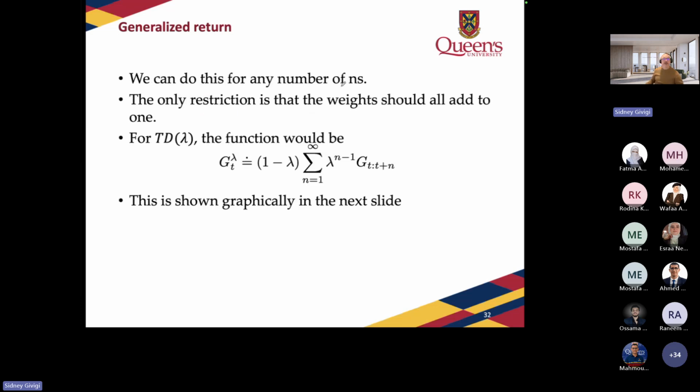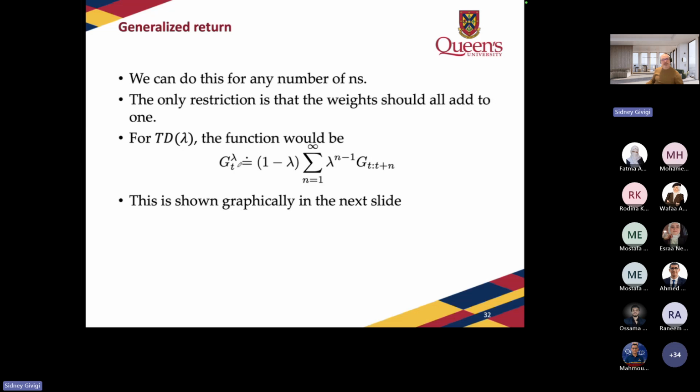So for example, we can actually define this equation here, which is the exact equation that we use for these returns. And in this particular case, we are going to have one coefficient, 1 minus lambda, that is going to be for the first value, and then we have the others for the other ones.